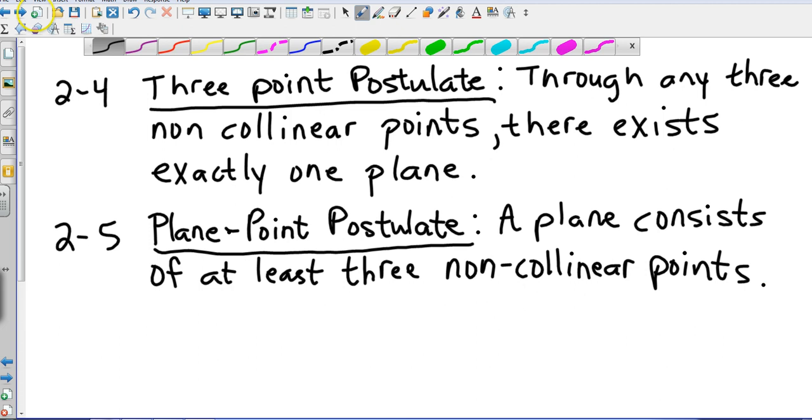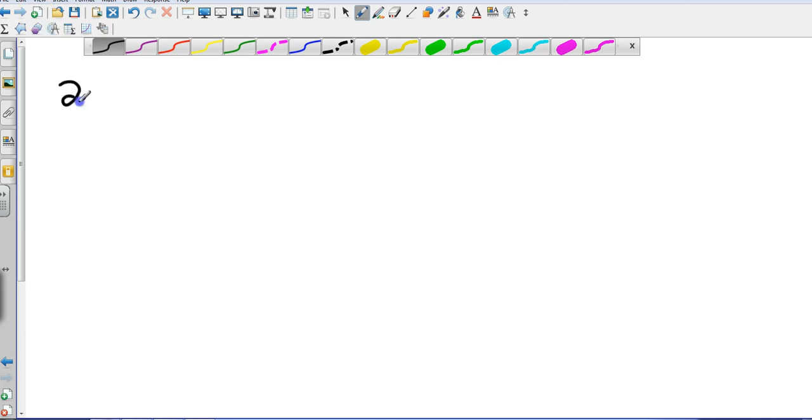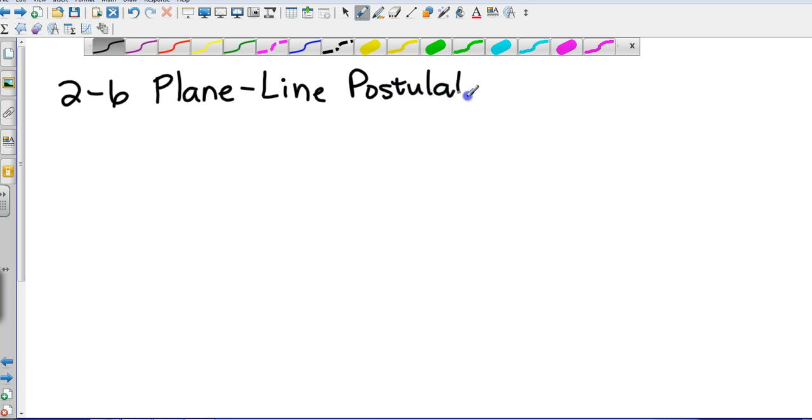2.6. I'm going to go ahead and go through this one and leave it running. Okay, 2.6 is the plane line postulate. Okay, the plane line postulate simply states that if two points lie in a plane, then the line containing them